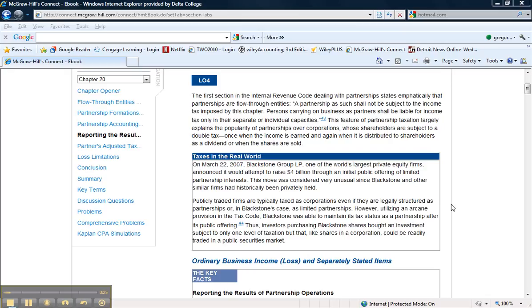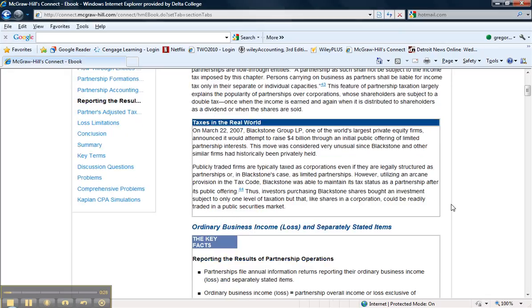And the main thing we have to get in doing that is that you can't just take the bottom line profit number, taxable income number from a partnership, and allocate it, say, 33% to each of three partners, because there are components of that taxable income number that the partner needs to know about specifically. So it can't just be one number allocated. So we have to look at a bunch of different things called separately stated items. These are items that the partner has to know about, so that when they go to do their own tax returns, they can account for those individual pieces of the partnership's taxable income